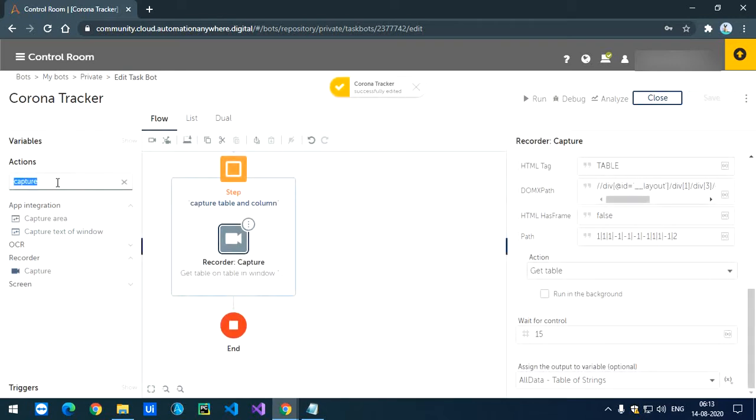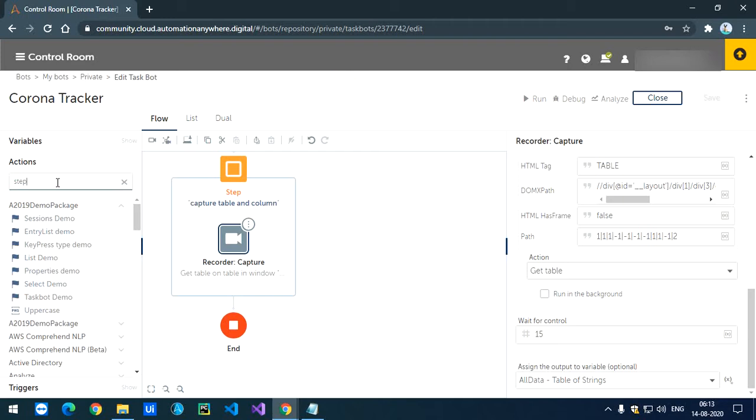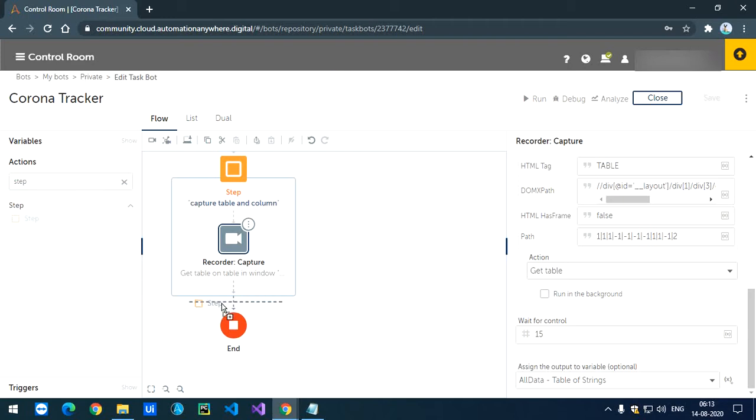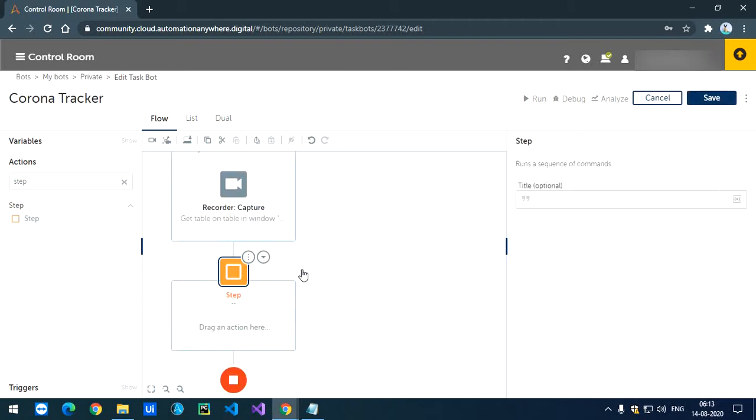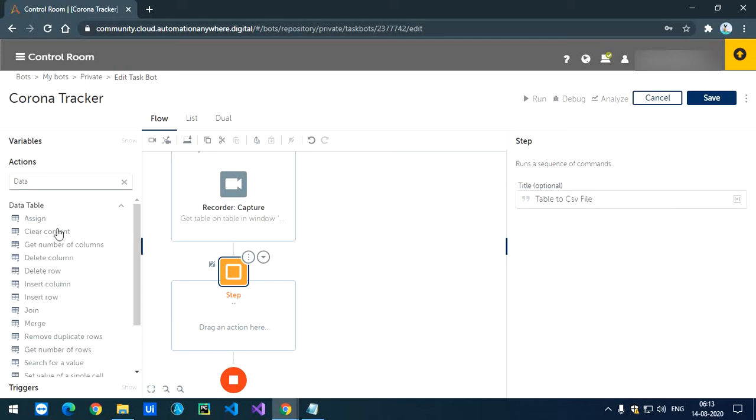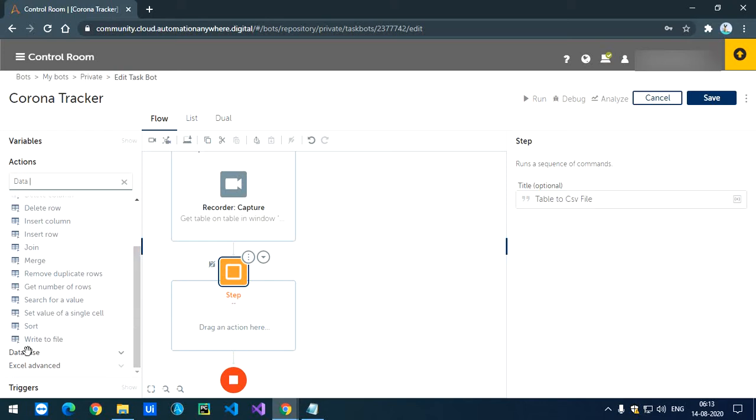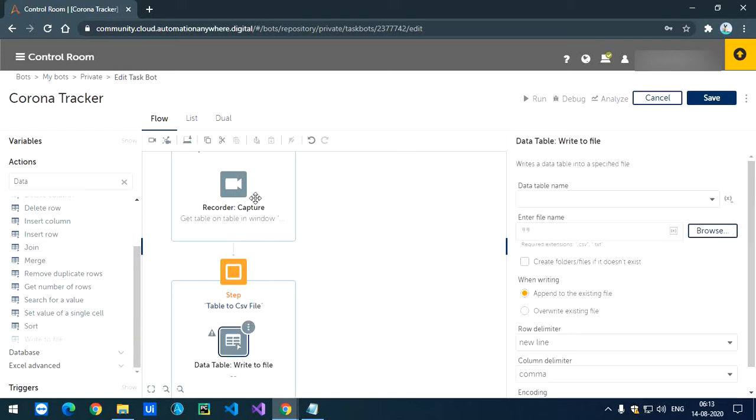Now I'll do one more step just to check whether the table has been captured properly or not. Table to CSV file. Go into data table, and at the end you will see write to file. So we are going to write this table to a CSV file.